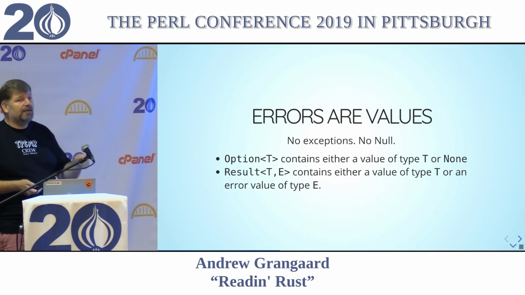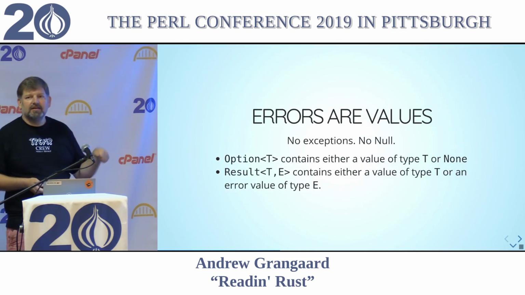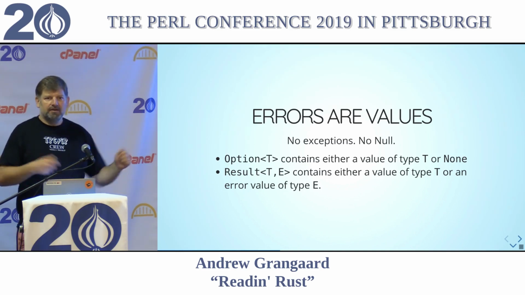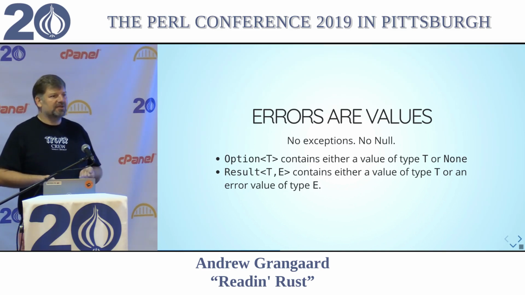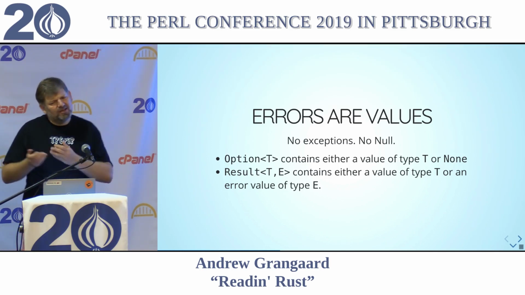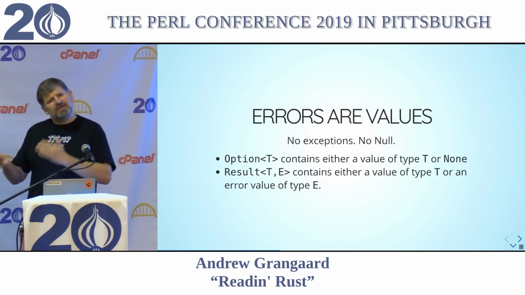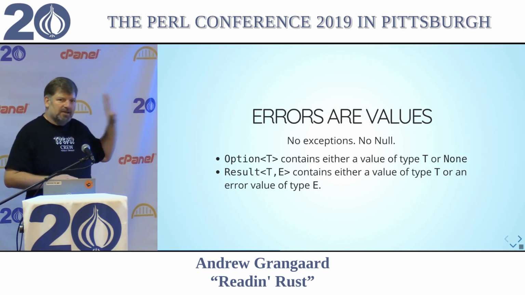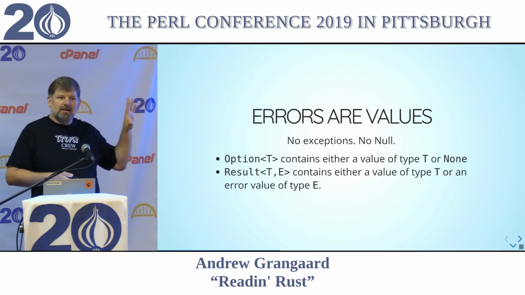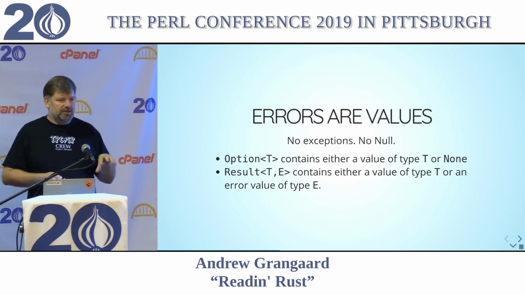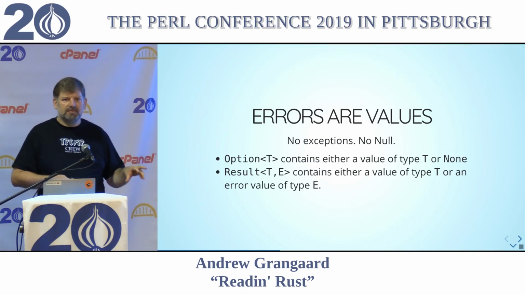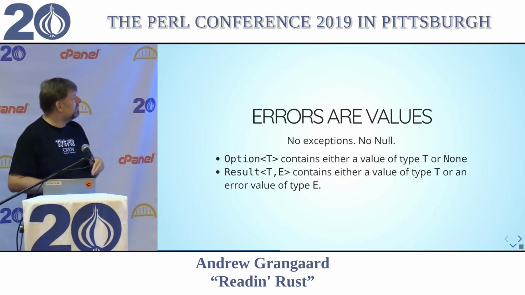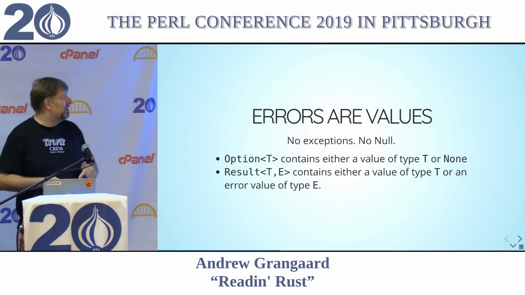Speaking of errors, errors are values. This got me really hooked when I gave the talk on adventures in failure, how errors are handled in different languages. And we played with them a lot there. Do you use exceptions? Do you use classed exceptions, non-classed exceptions? What do you do? This is back on the no exception side of things. If you want to have an error, you need to return that to your caller, and you need to declare in your signature that you're going to do that.